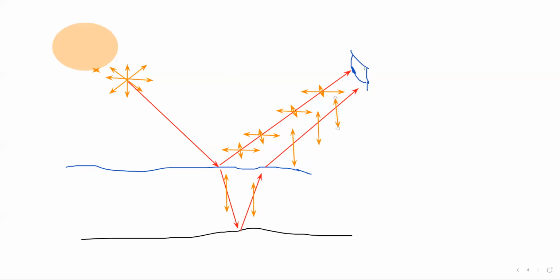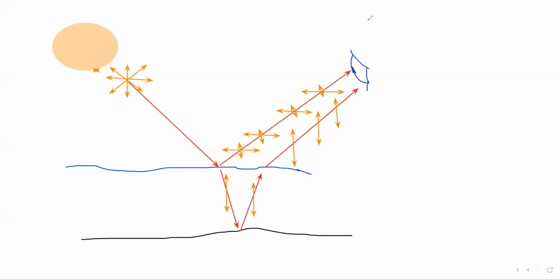So what happened? You're receiving the horizontal component and you're receiving the vertical component. That's why when you are looking at this water surface, you will see the reflection, and you will also see a refraction, the things which are underwater, but that will not be clear. It will be a glare, a reflection and a refraction happening at the same time. So it will not be a clear image, a clear vision for you.